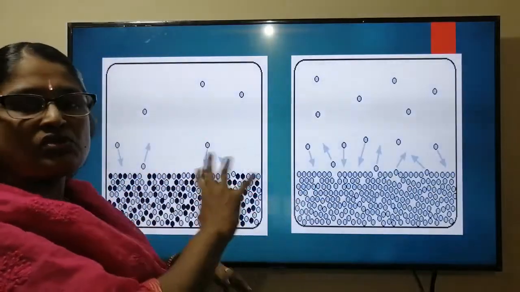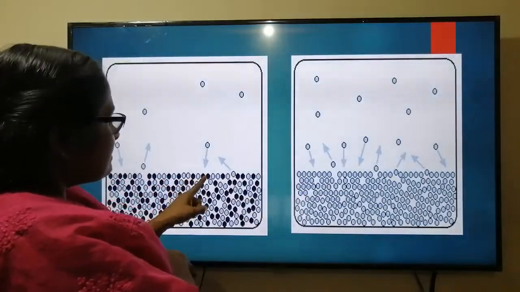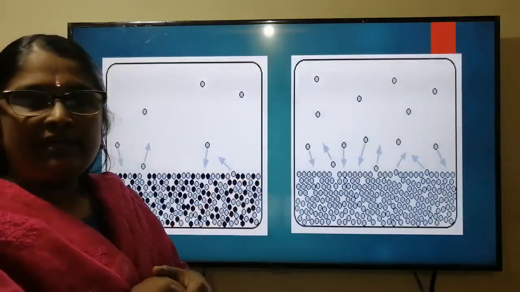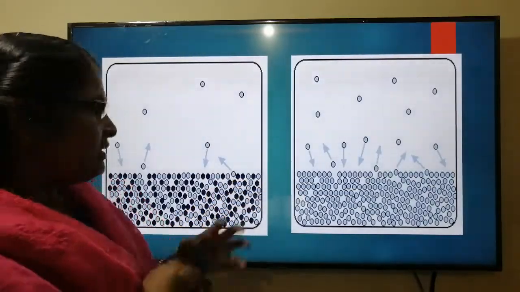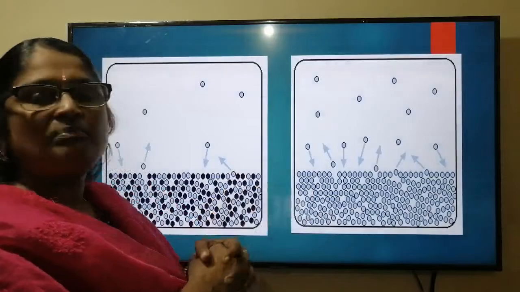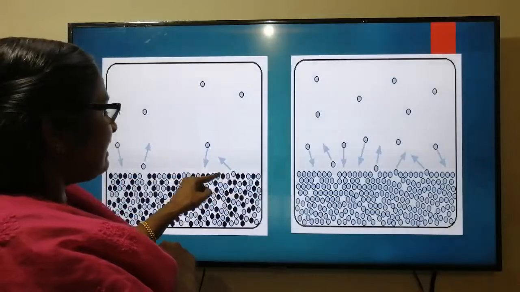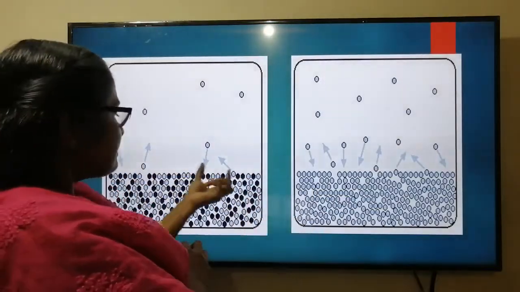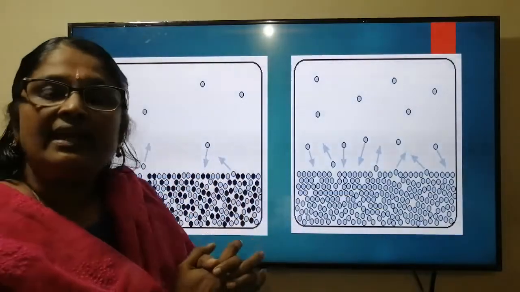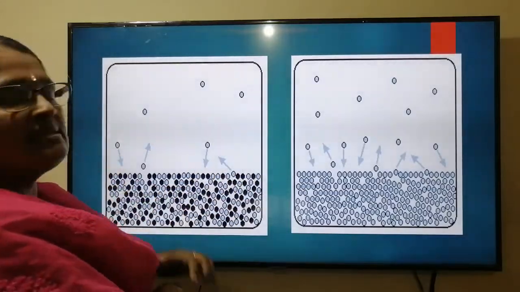But if we add sodium chloride and mix it well, it becomes a homogeneous solution. We can see these thick blue circles represent the solute, and the other ones represent H2O. They push some of the H2O molecules away from the surface and occupy their place. Some of the surface area is occupied by solvent molecules, while the solute also interpenetrates, pushes back these water molecules and occupies the surface.